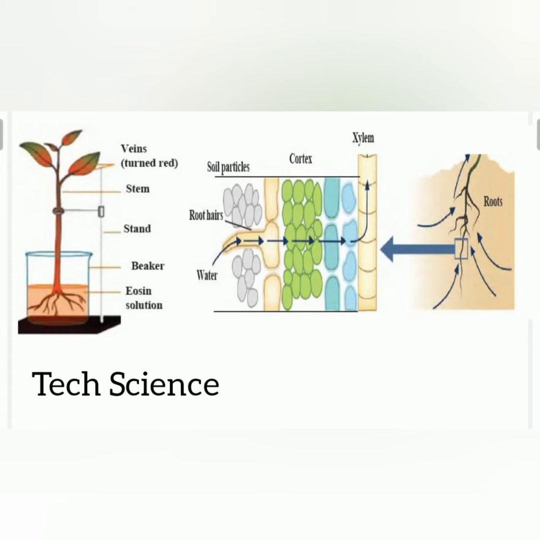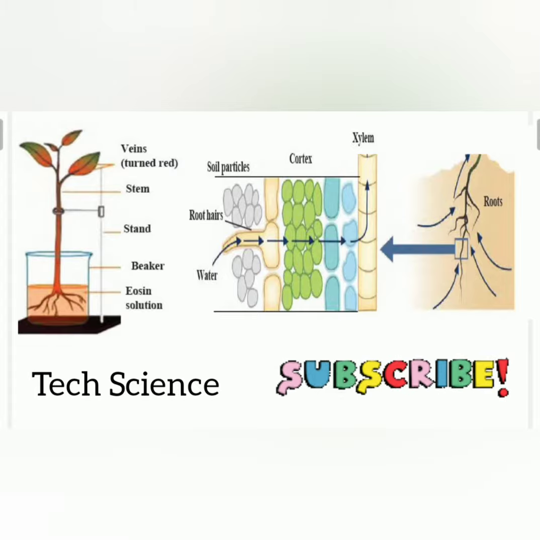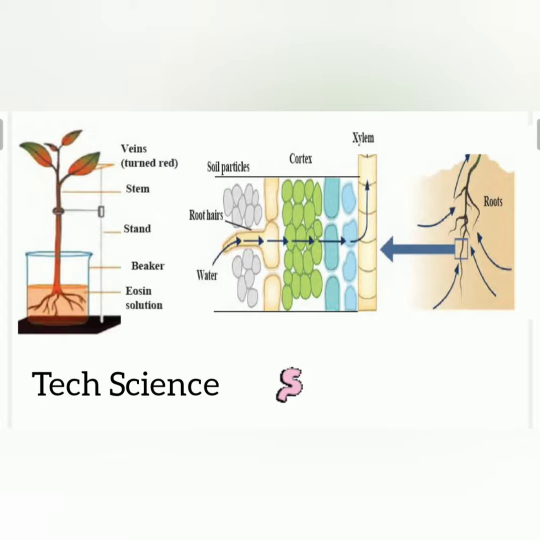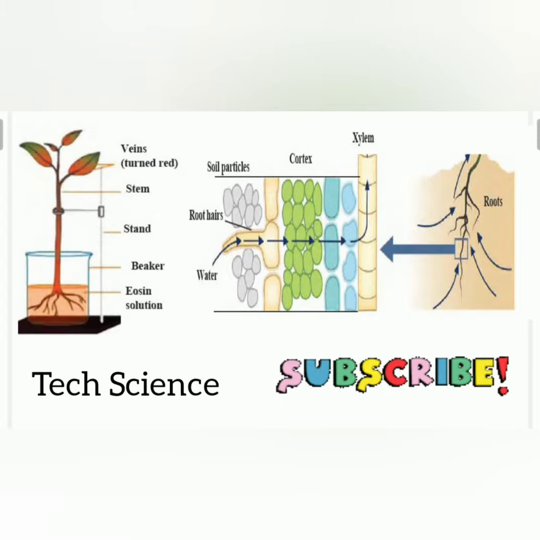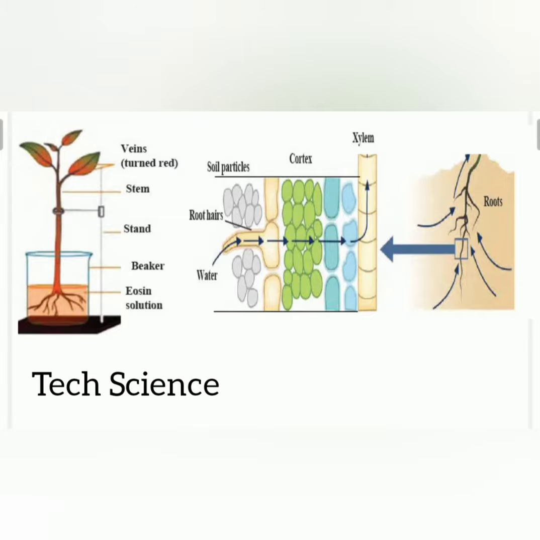Hello guys, today we have a new point for the discussion, and the point is from the life processes in living organisms. The point is called root pressure, where there is a transportation of water from the root parts in the upward direction, and this happens in the case of plants only. Here there is a transportation of water, and as we know